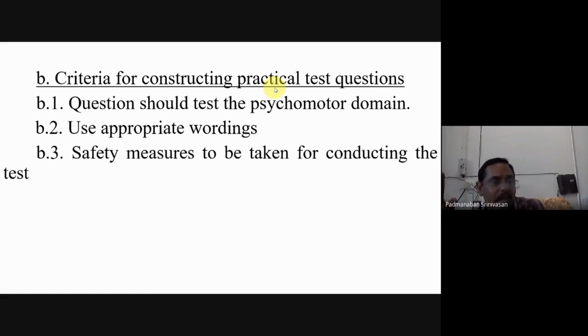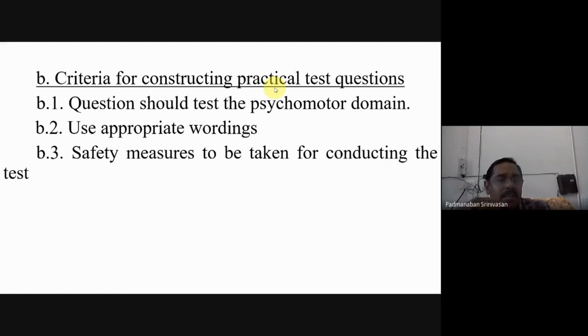B2 is the same. Almost all question types use the same B2, except perhaps the multiple choice question, and even there I think it is the same. I have to tell this again because these things are repeated. B1 speaks about the ability level, B2 speaks about appropriate wording. These won't change.